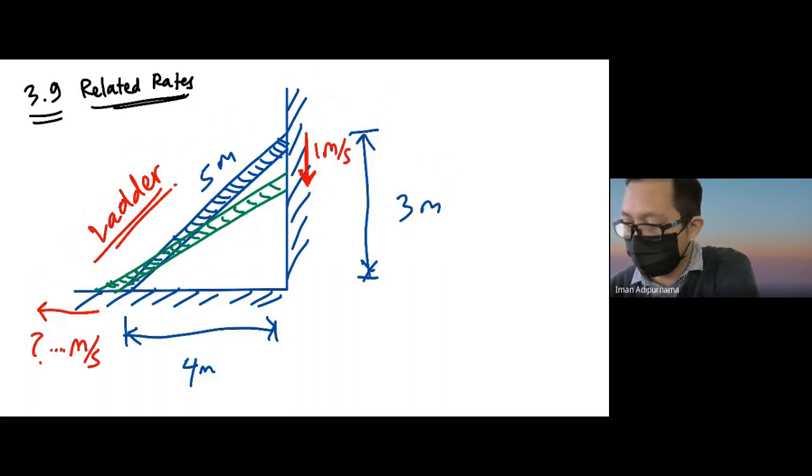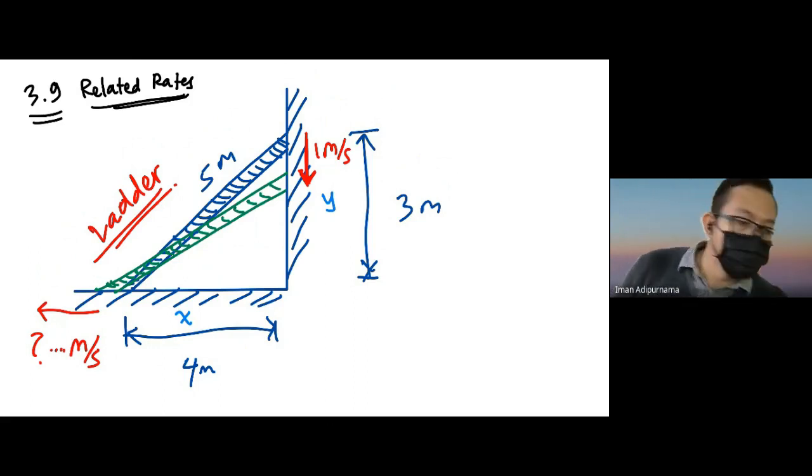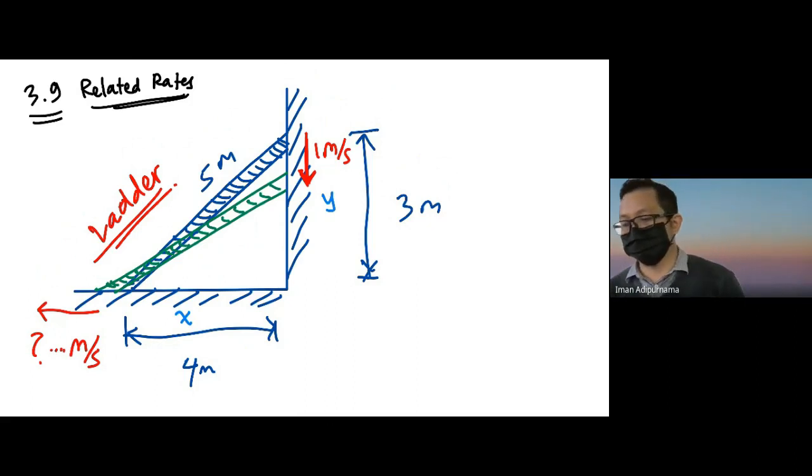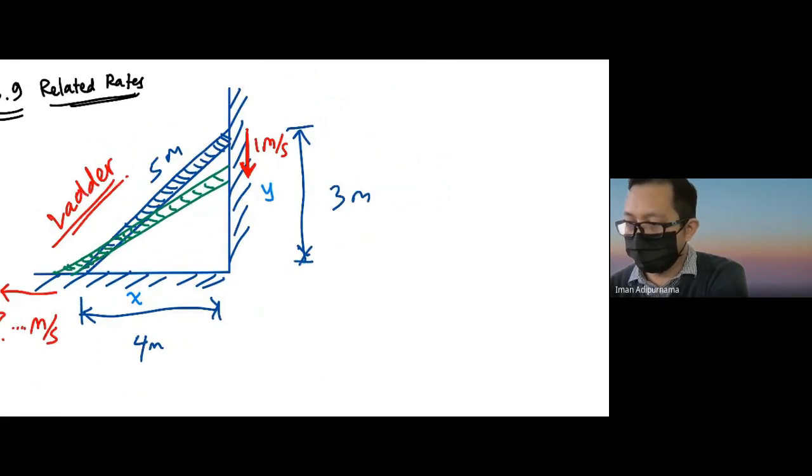Okay. So first, to solve this, we can give names. Let's say this is y. This is x. Just naming. Okay. Now to connect all the names here,